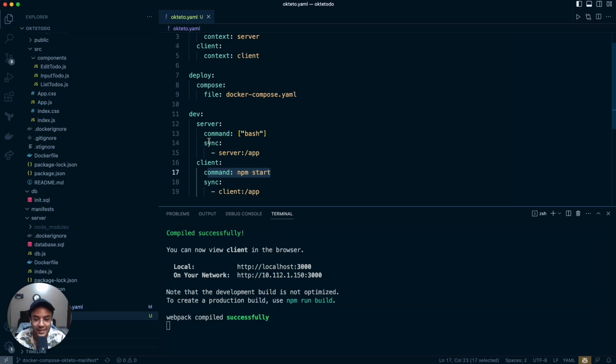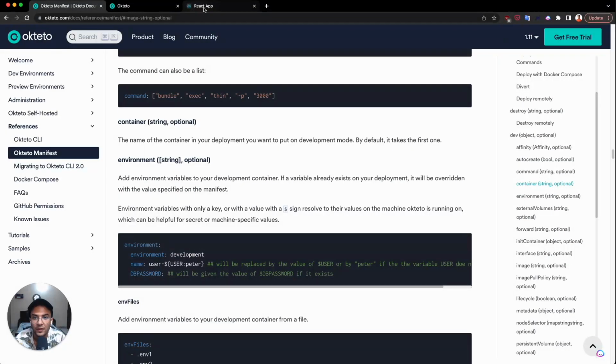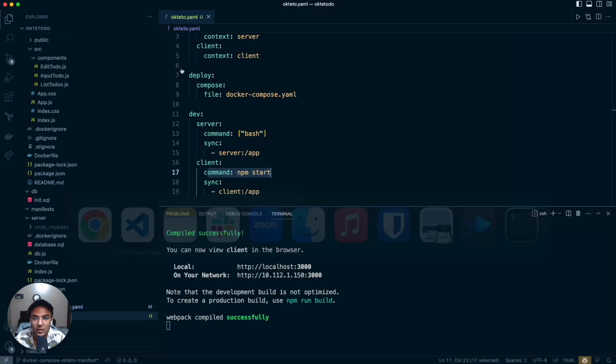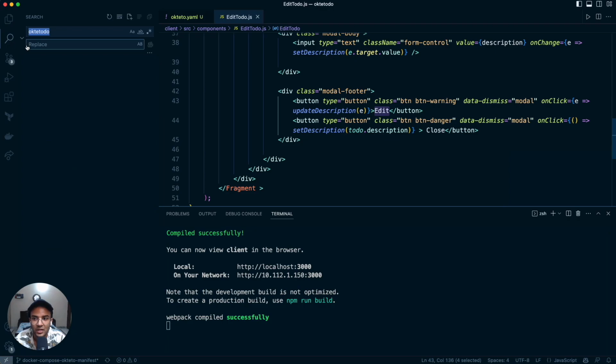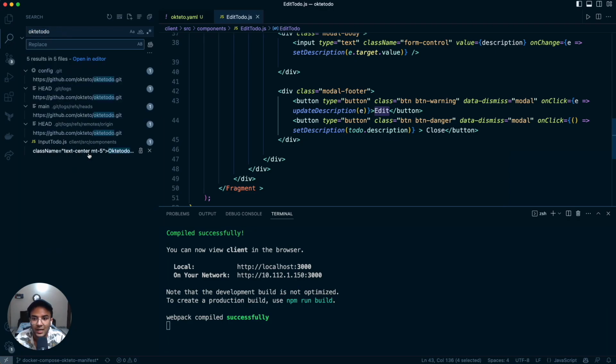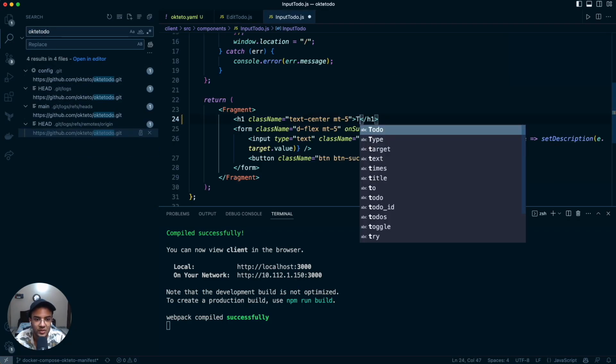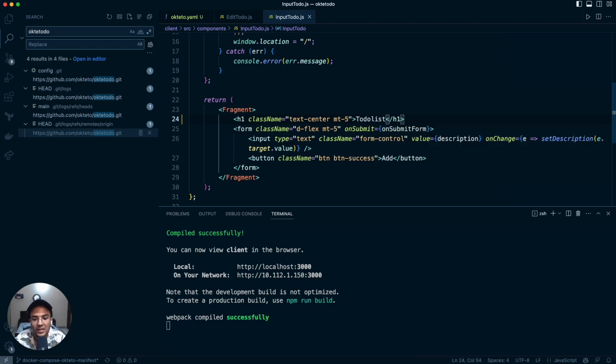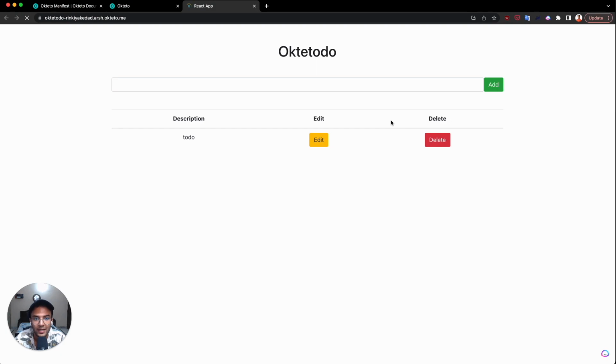So here you'll see that our server is now up and running, and if we go back, the React application is working. So let's make a change in our application and again change the name of the application to something like to-do list. Hit save and we'll see that our application code got compiled again. We go here, refresh, and everything is working just like it was earlier, except now we were able to define